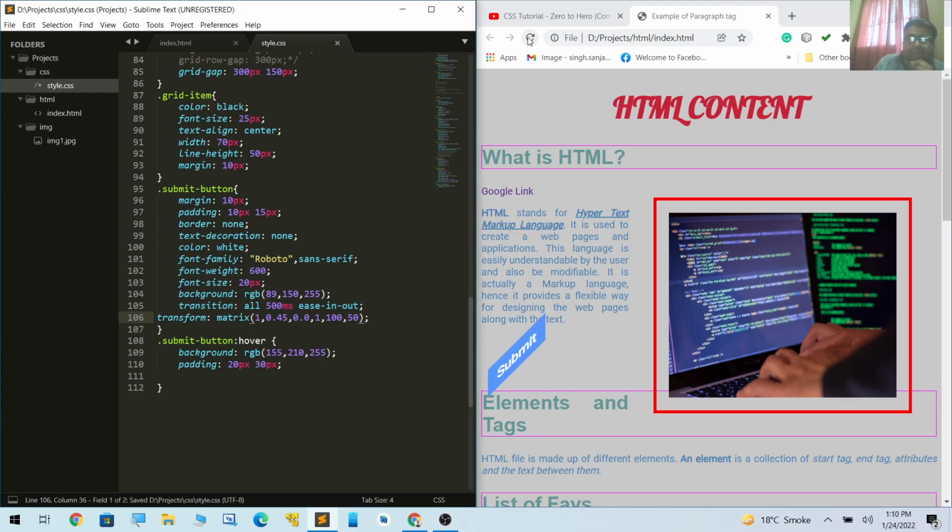Save it and run it. So now you see that first of all it has been translated by 100 and 50. The 45 degrees skew is there. If I don't give anything here, then the x-axis skew will be 0. If I don't give any value here,